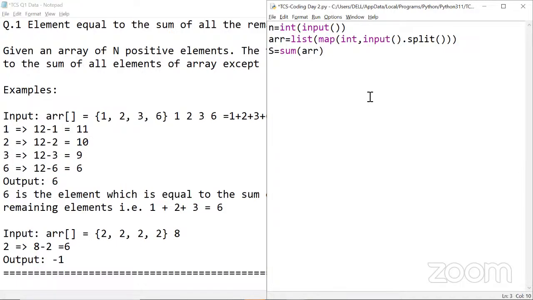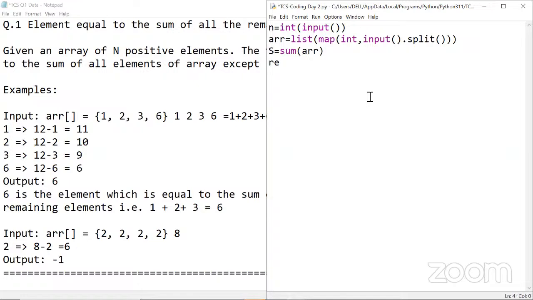The next step is to iterate over all the array elements and find the absolute difference between the sum and the current array element. If that difference matches the current element, then our result must be that element. Else my result will be -1.